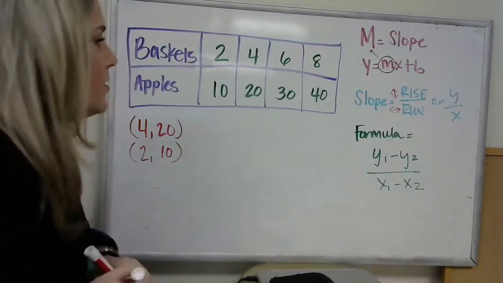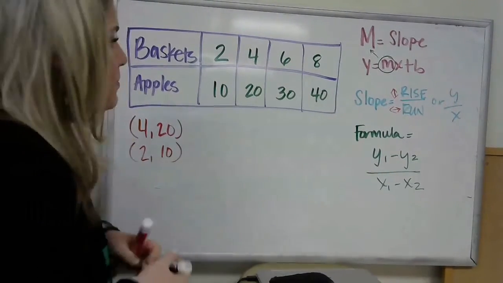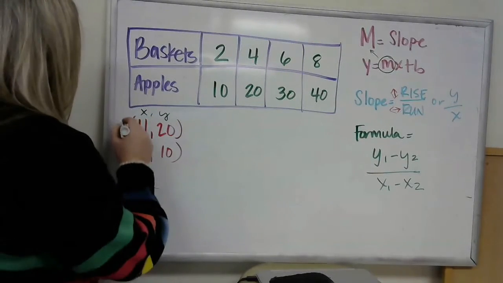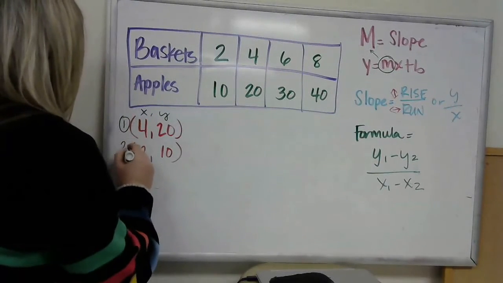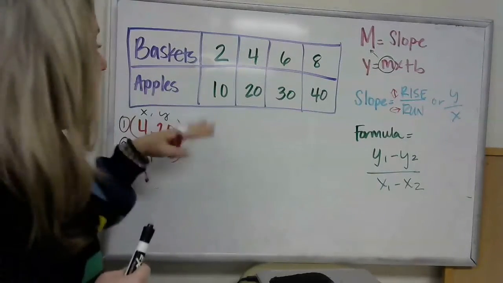Okay, so I'm going to do 4 and 20, and then 2 and 10, like we did. Let me get a different color. Like we said a while ago, this is your X's and this is your Y's. And you can label this 1 and this 2, okay? I mentally have to do this,